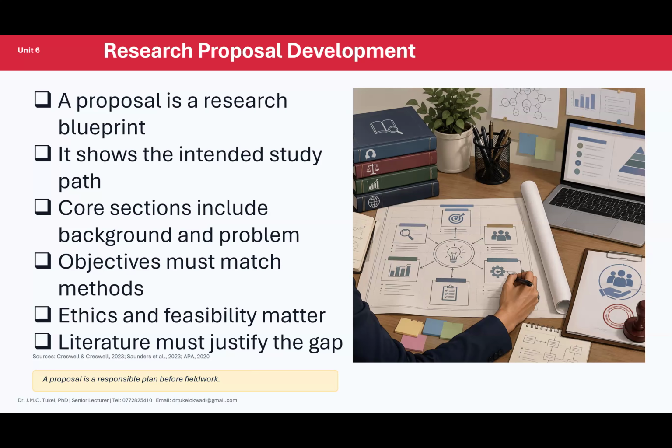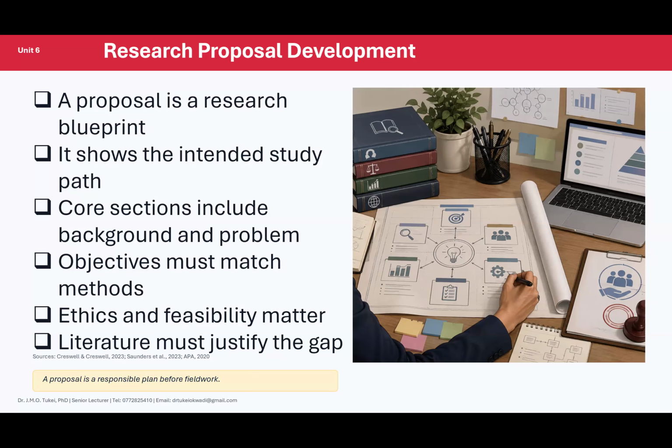Colleagues, I want to engage you. Which section of the proposal provides the strongest evidence that the study is necessary? You're going to have this in your test. Then you begin saying, but he mentioned it, but I think it was fast, or it was slow.